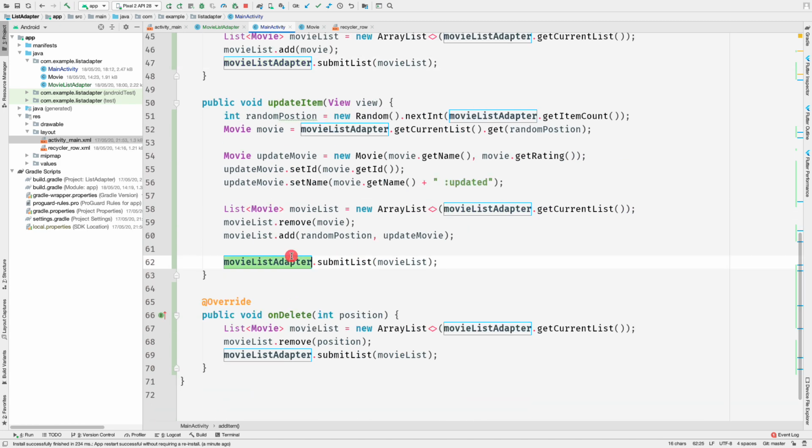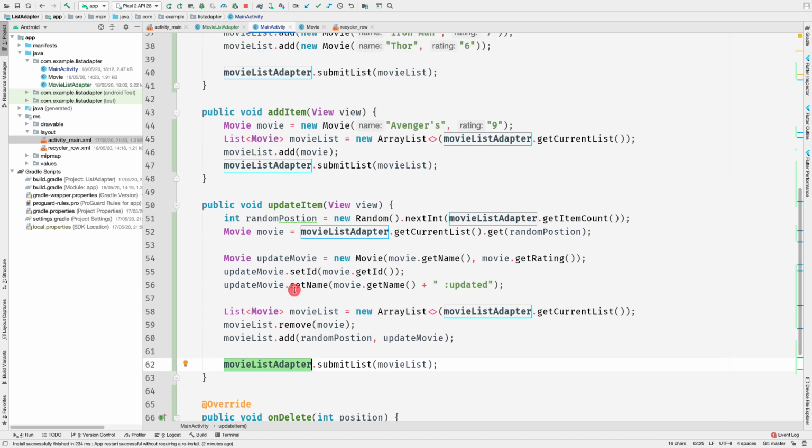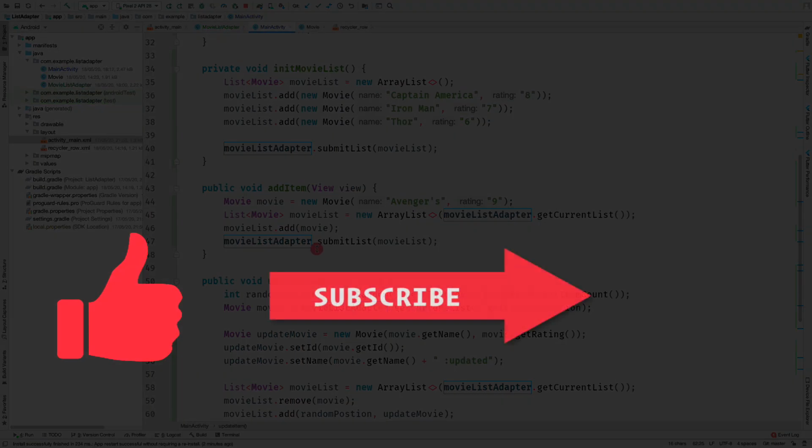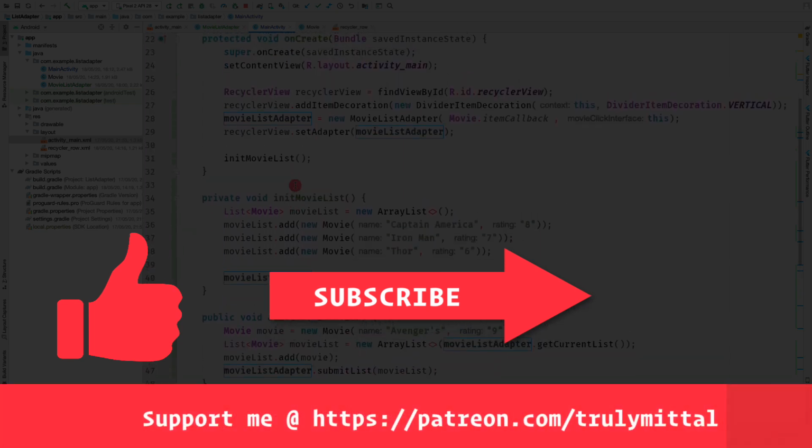But if we use view model with list adapter, then our lives would be super simple, and all the code of updating, deleting and creating a new item would be way less compared to this. So that's what we are going to do in the next video. We are converting the same application to be used with a view model, and you yourself will see how easy it is to implement a view model with list adapter, and that is the way to go forward with list adapters and view models.